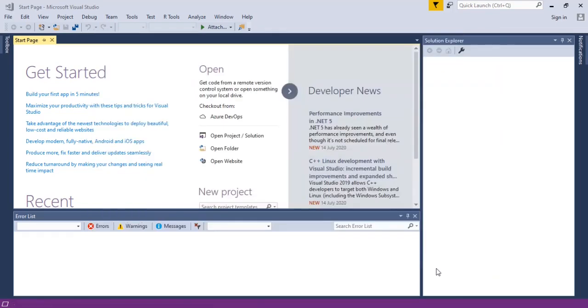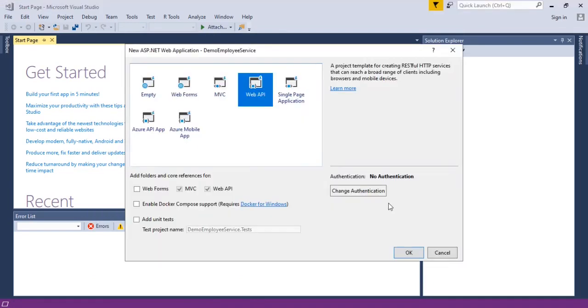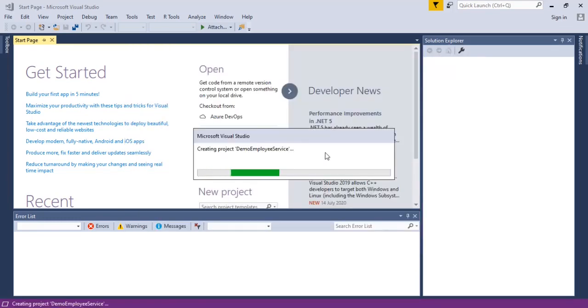After clicking OK, it will display a pop-up. You need to select Web API, and I'm checking MVC as well, then click OK. Then it will create the solution and the project.